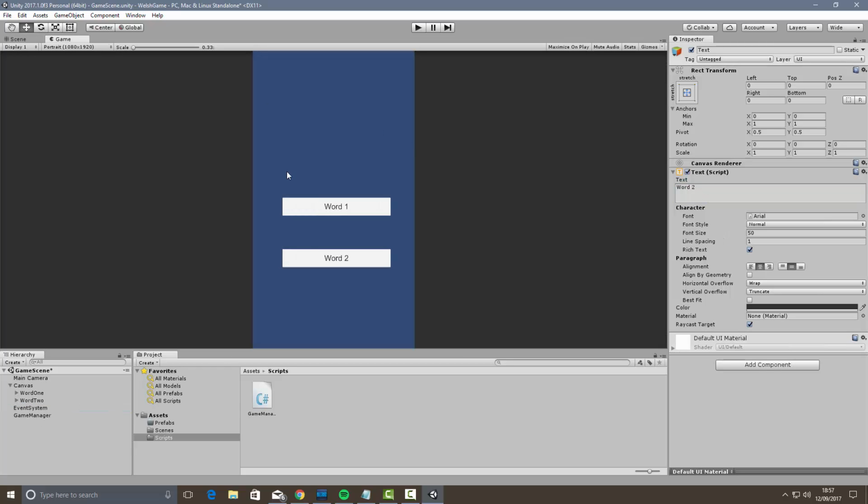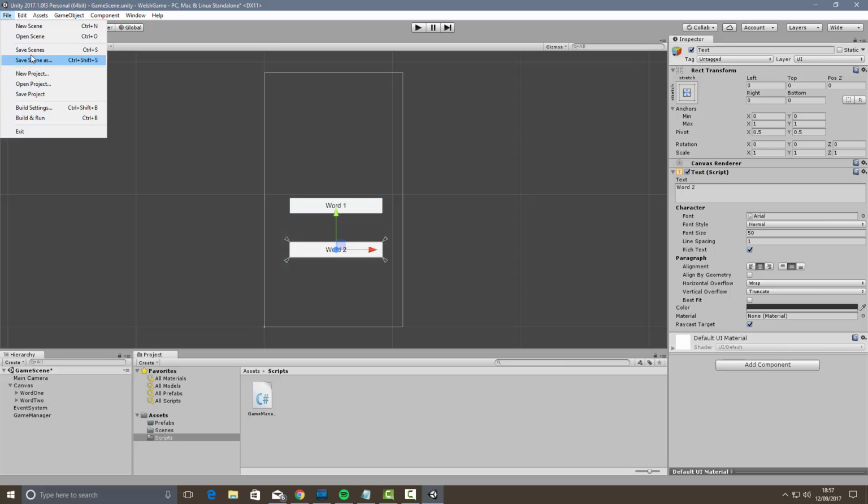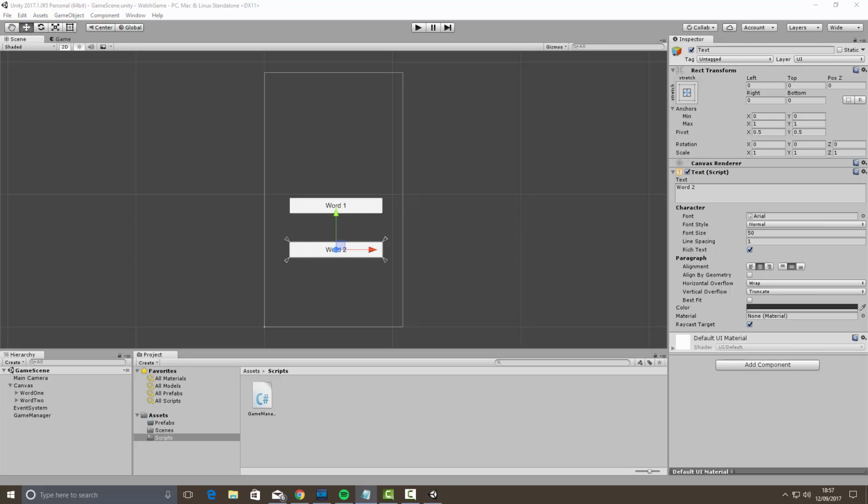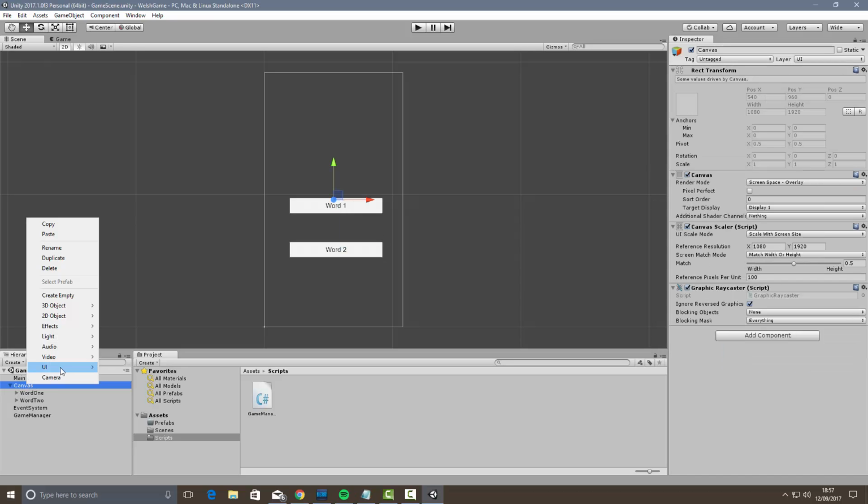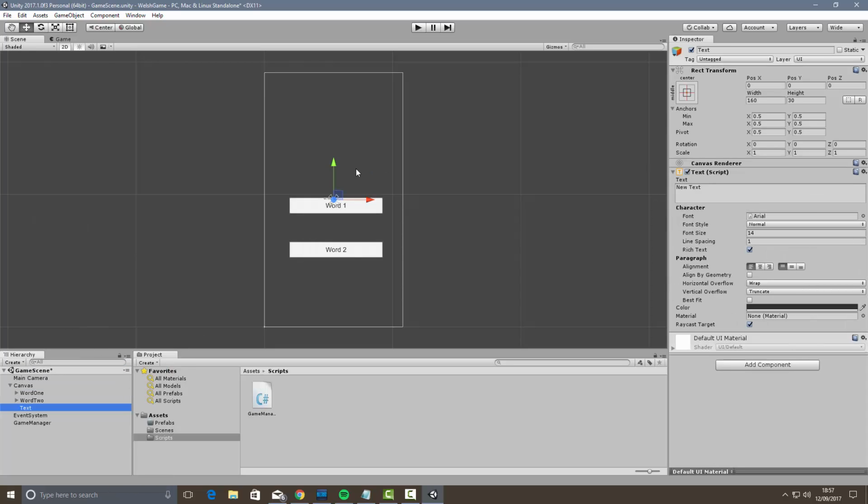And then again, just checking in game, it's pretty straightforward. Let's save that again. And then the last thing I want to do, before we get onto the programming side of things, is if we go back into Canvas and add a text field, we can drag that up. Same again. Now you'll see that similar to how the buttons have a text field,